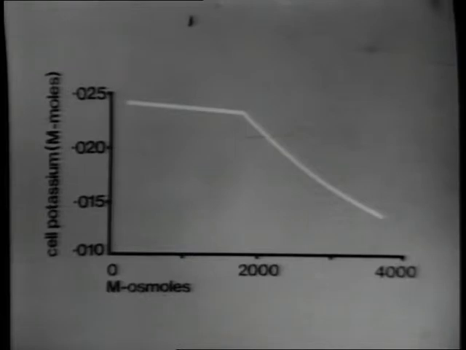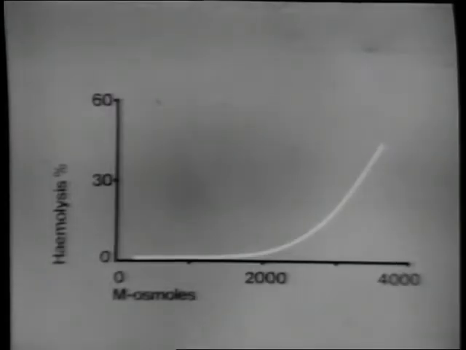This also coincides with an increased loss of cells, hemolysis. Here we see that hemolysis starts at around 1400 milliosmoles and reaches around 50% by 4000 milliosmoles. So we know that salt concentration rises during freezing, but does this provide an adequate and complete explanation of freezing